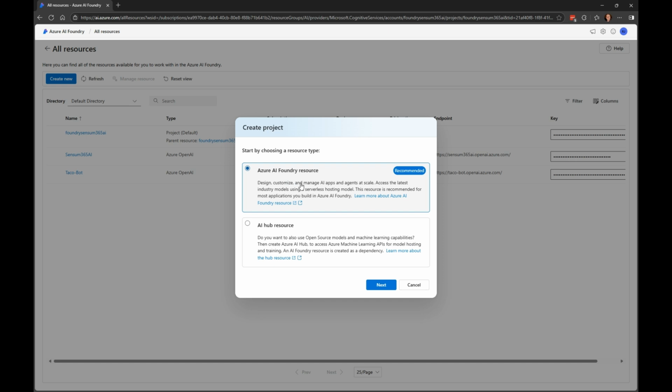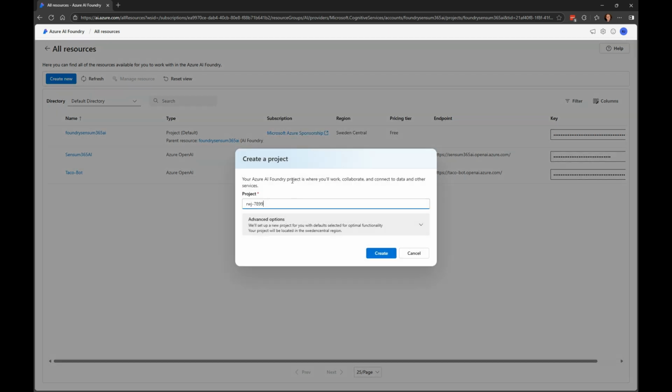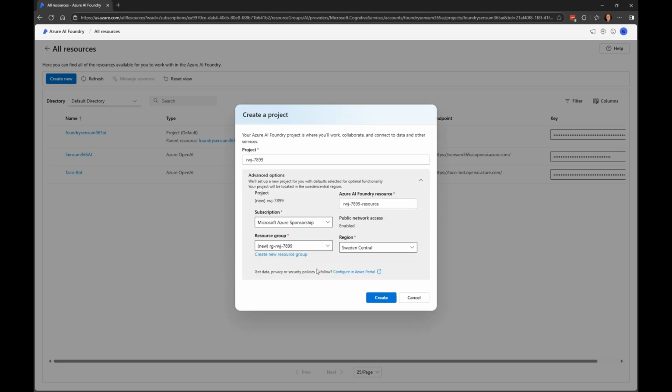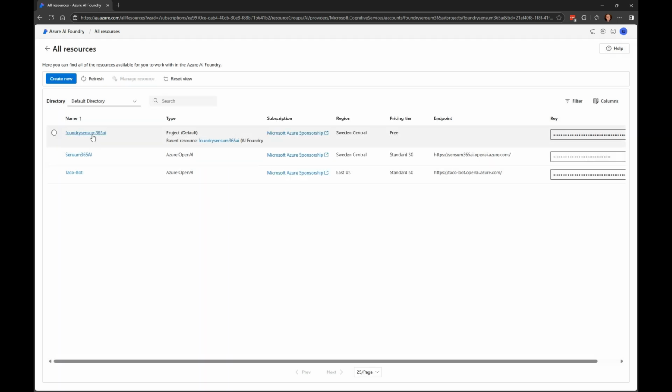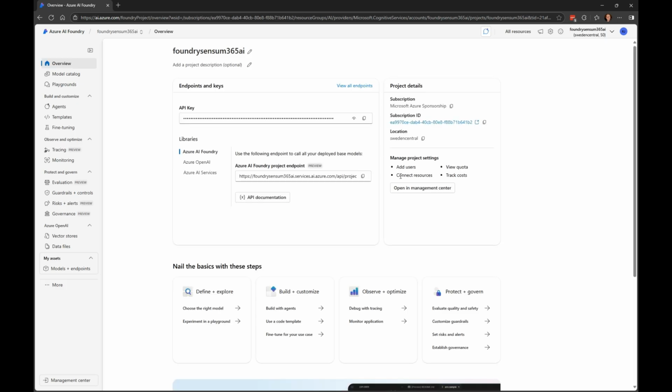If you need to make one of these, you are prompted if you want to make an Azure AI Foundry resource or an AI Hub resource, which is the old one, and Azure OpenAI was actually a third one that was made via the normal Azure portal. But this is the new one. You can make it quite easily, just putting the various things for resource groups and names and so on. But because it takes a little while, I will skip this step and just go to the one I have made, which is empty.